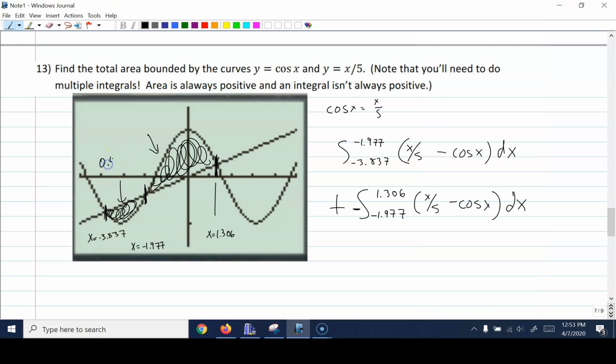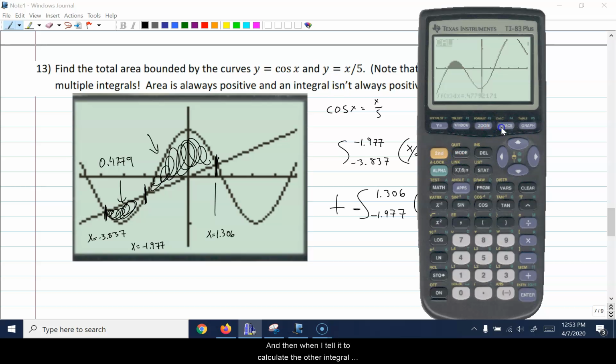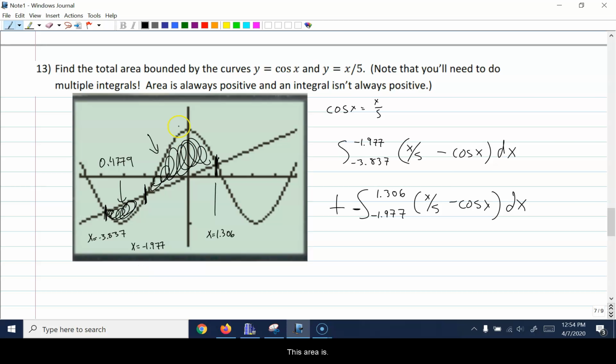And then when I tell it to calculate the other integral, this will come out negative, but I'll fix that myself. The integral from -1.977 to 1.306 is this area. It is a negative number, negative 2.104. So this area is